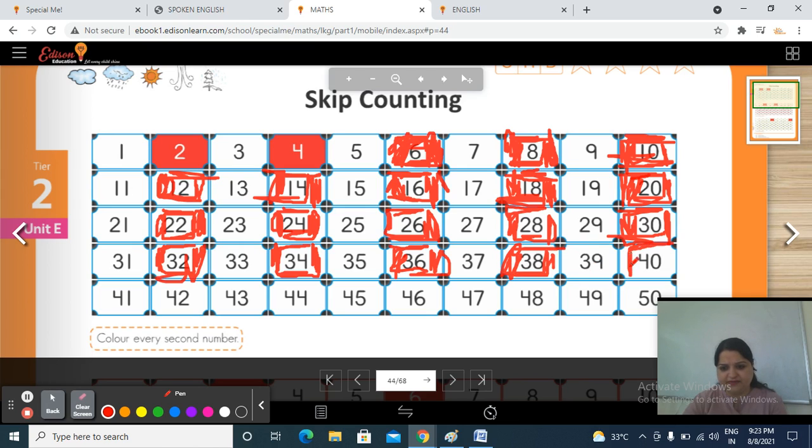Then 40. Then 1, 2. 42. Then 1, 2. 44. 1, 2. Then 46. 1, 2. Then 48. Then 1, 2. Color to 50.